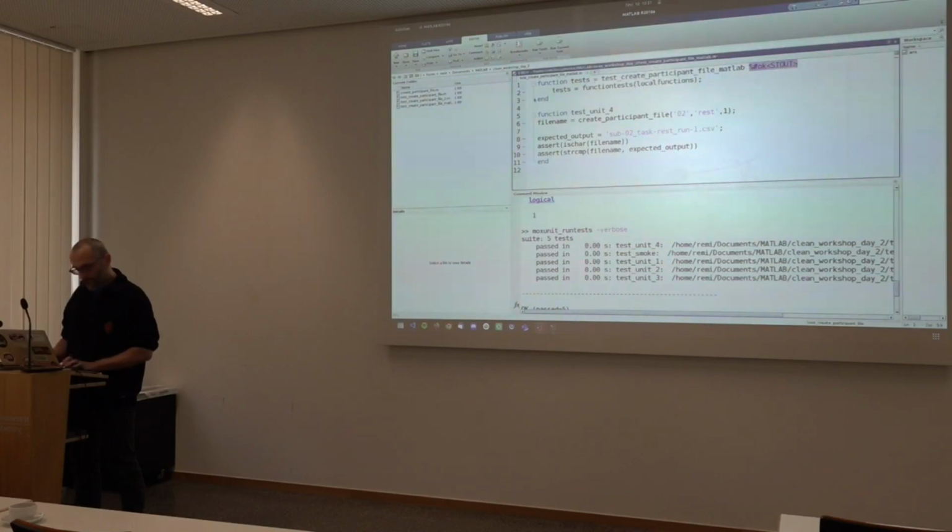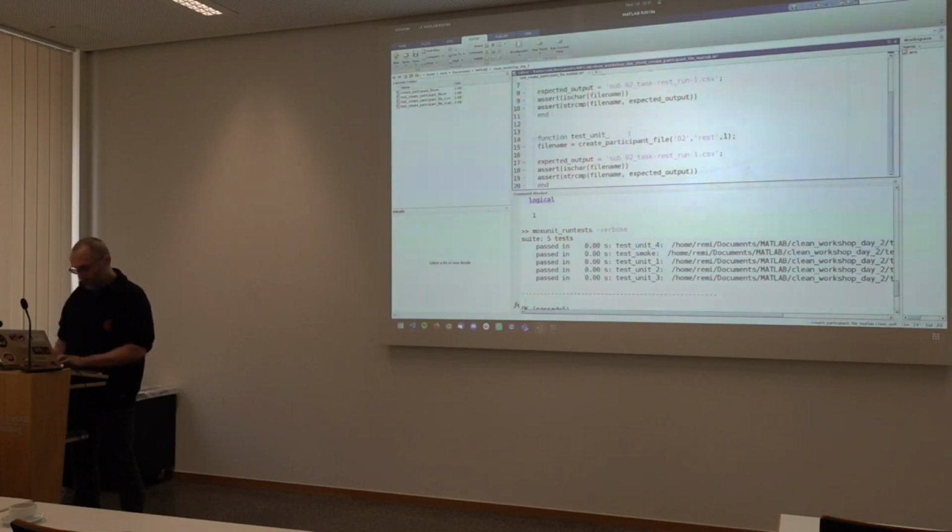Good. Oh, yeah. And actually, what's useful for this one, I want to have more than one test in here so that you see how it works. Test number 5. This is going to be face. I'm making things up now. Just let's say it's a face repetition task.